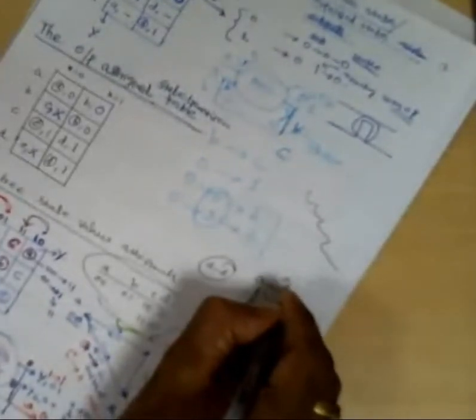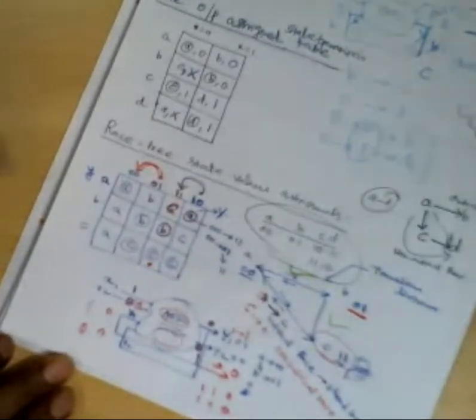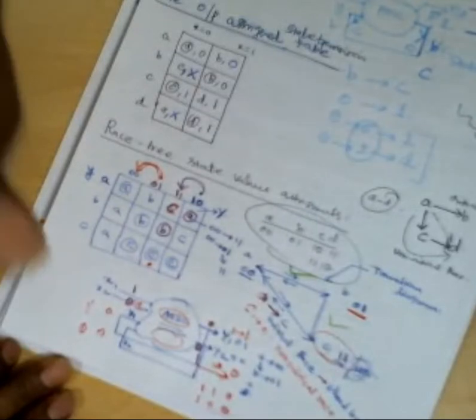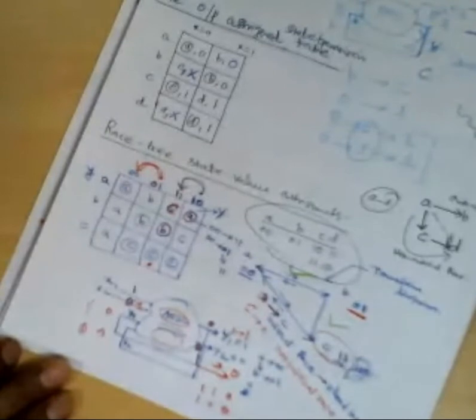Understand? Yes, sir, it's clear. Okay, now apply this logic here. A to C is a critical race, because B is in between. B is holding the A, which means B is a stable state, so the circuit will get stable at B state. Therefore, A to C is critical because of the B state. But C to A is not critical, because while coming back, B is not holding the C. It is somehow forcing the C into A.